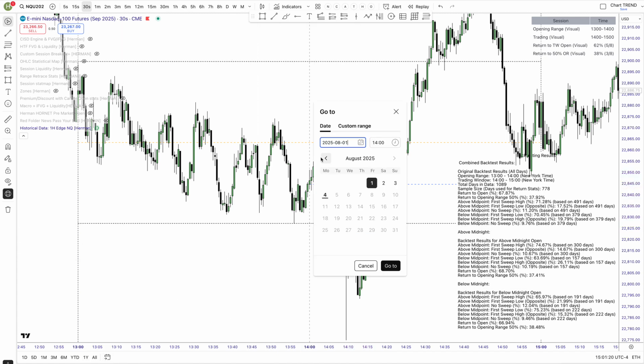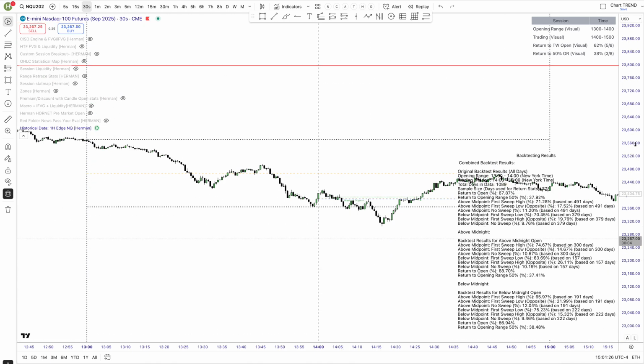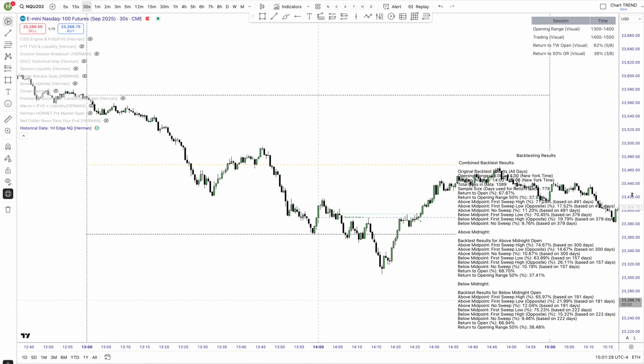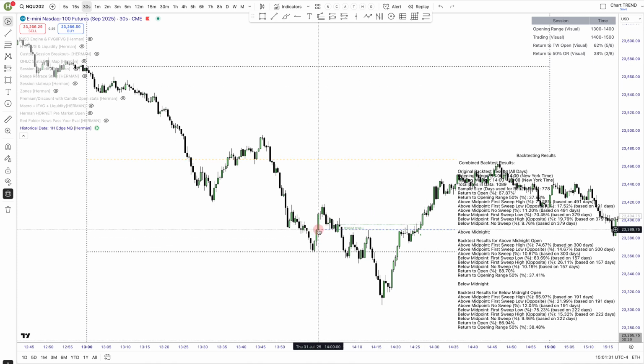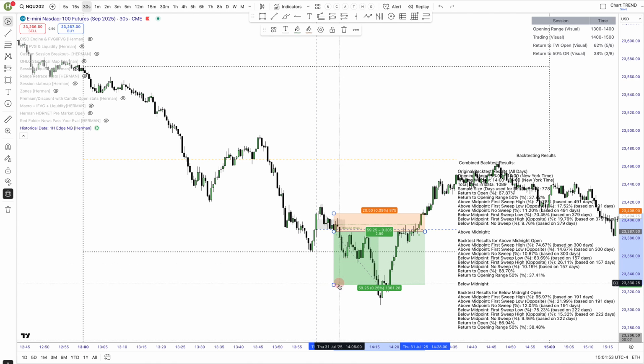Let's check last Thursday. Where's the midnight? The midnight is above us, so very same stats, very same situation. We open up in here in the bottom half below the midnight, below midpoint, 75% to sweep the low first. So at 2 p.m. open, we inverted the fair value gap in here, and very quickly we went for that low.